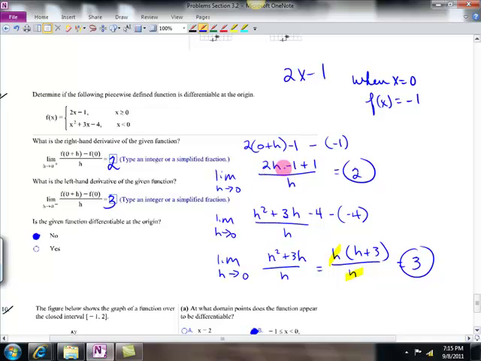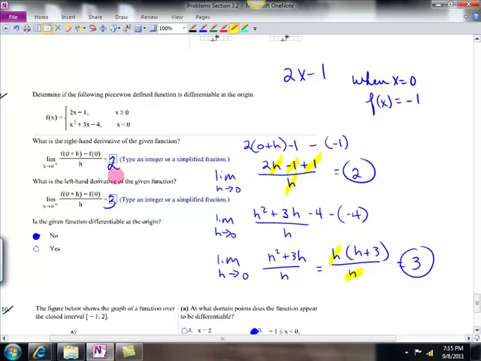So you've got 2h minus 1 plus 1 over h. Okay, so that's 2h over h. Do we just get 2? As h goes, well, those cancel out and you're just left with 2. Does that make sense? That goes, that goes. And you take the limit as h approaches 0 of a constant, you're going to get the constant. As long as you get a value here, then this,